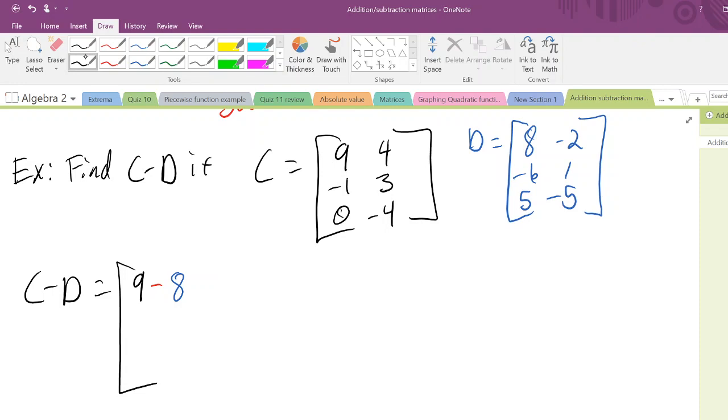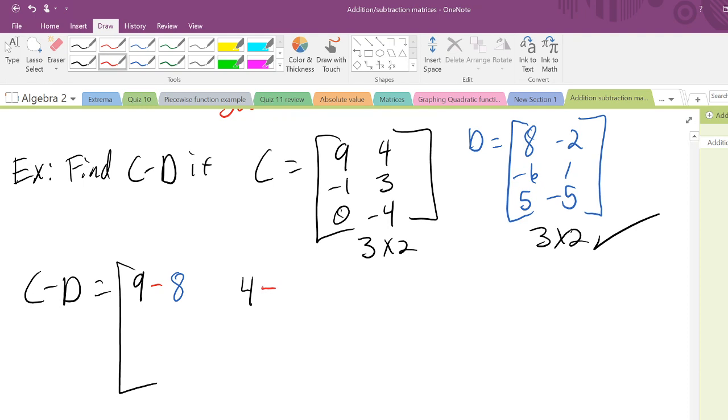Again, this is a 3 by 2, it's a 3 by 2, so it checks. It's the same thing. For addition and subtraction, the dimensions have to be exactly the same. Alright, so here we go. This is 3 by 2, 3 by 2, so you know you can do it. So 9 minus 8,